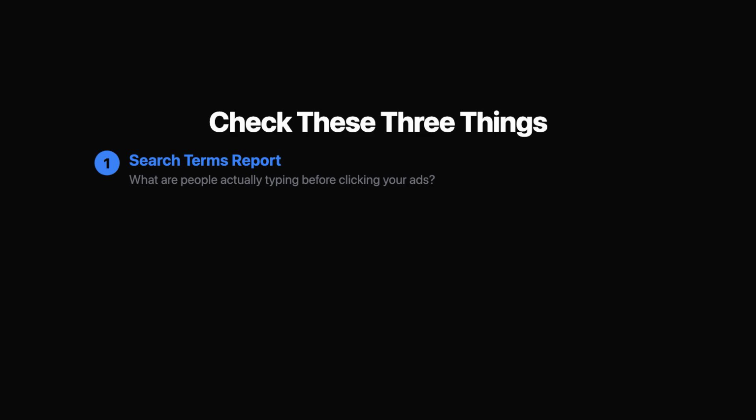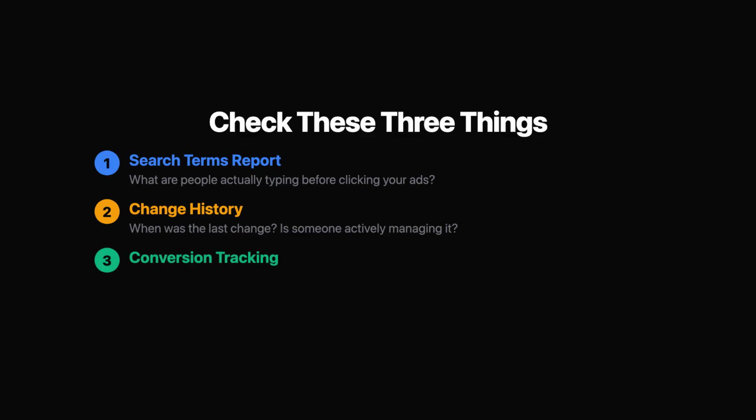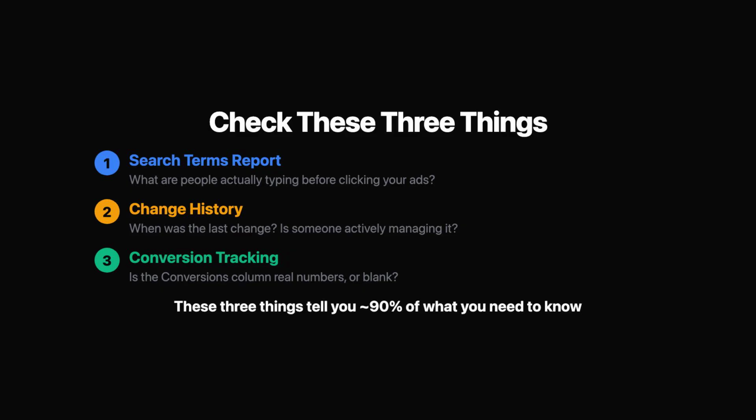1. Your search terms report. Look at what people actually type before clicking your ads. Are irrelevant searches eating your budget? 2. Your change history. When was the last change made to the account? Is someone actively managing it? 3. Your conversion tracking. Is it set up? Is the conversions column showing real numbers, or is it blank? Those 3 things will tell you about 90% of what you need to know about whether your Google Ads account